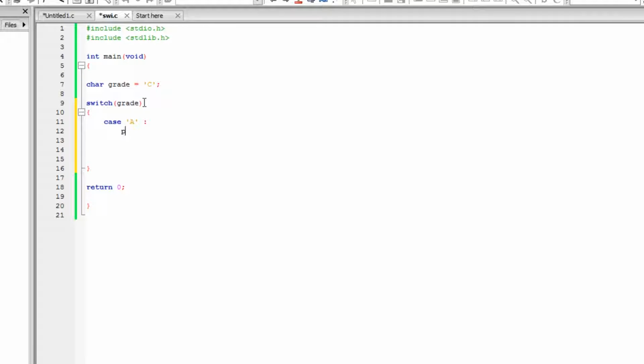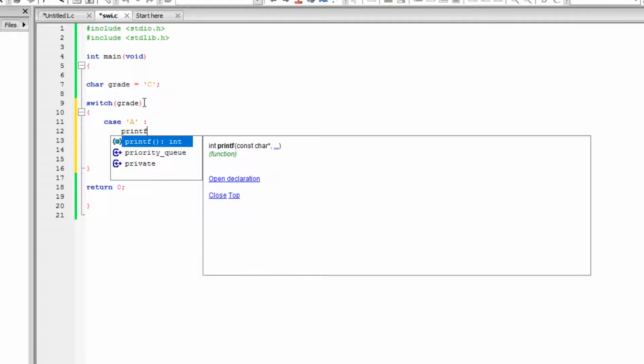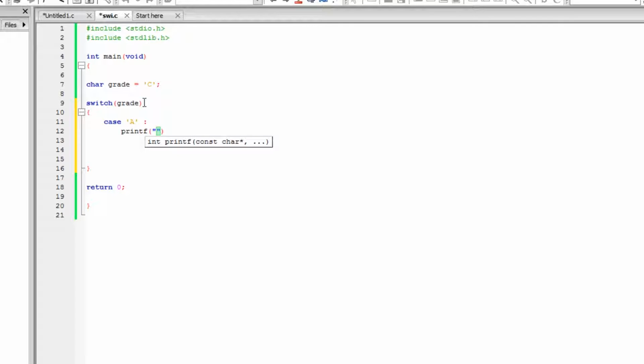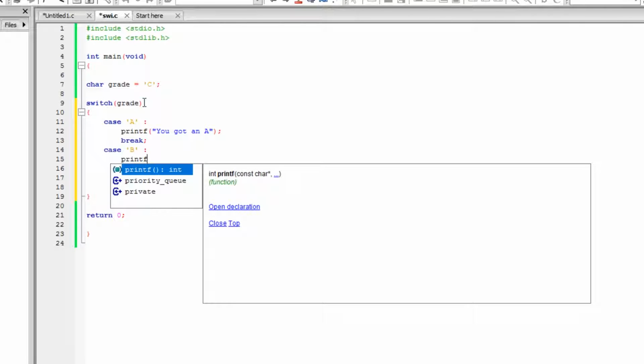Okay, so now we're going to go printf, and this is just an example of what you could do. You can do any kind of statement that you want here, and I'm just going to put you got an A. Okay, that's our print statement. Then after that, you're going to need a break statement, and we're going to do that for each one. Okay, case B, same thing, semicolon, printf,